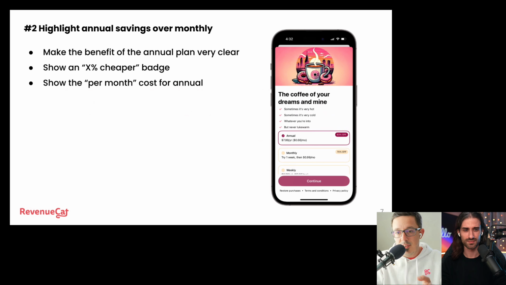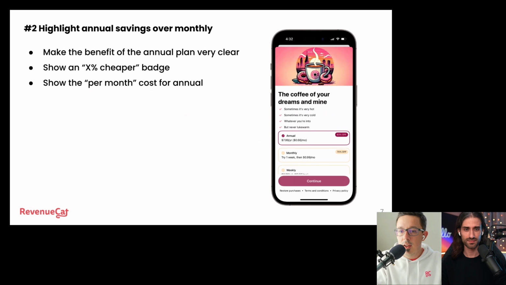And usually for those longer plans, you offer a discount compared to the shorter plans. Again, not everybody does this, but if you do, it seems like it's usually really effective to highlight what that discount is. In this example, you can see there's a weekly, a monthly, and an annual, and we're badging what the percentage off is for each one of those. That tends to be a strong encourager, and even the more expensive shorter plan almost acts like a price anchor, which makes the higher one seem more attractive.